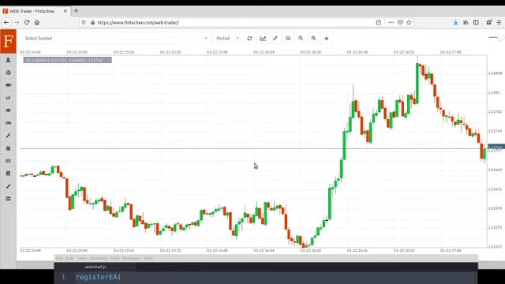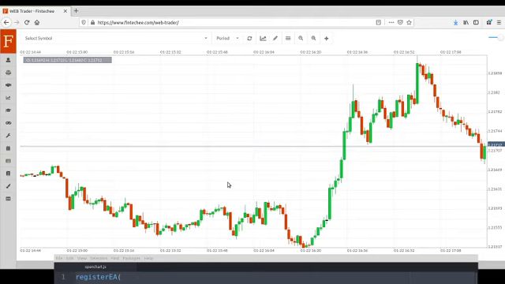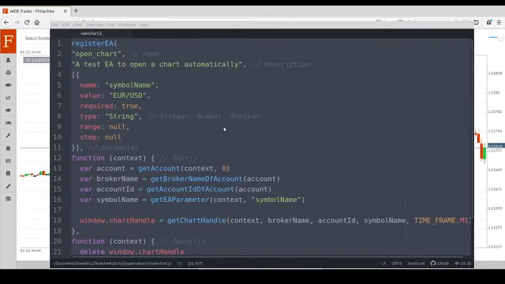Alright, so now we have learned how to create a chart automatically. Hopefully it can be